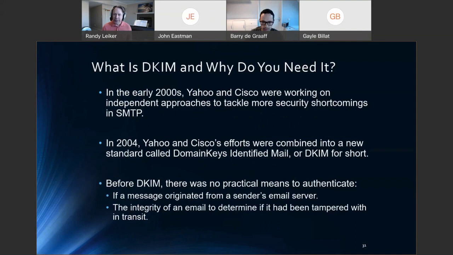So let's look at what DKIM is and why we need it. In the early 2000s, Yahoo and Cisco were working on independent approaches to tackle shortcomings in SMTP. In 2004, at about the same time frame as the SPF standard was first proposed by another early trailblazer, Yahoo and Cisco agreed to combine their efforts into a single standard called DomainKeys Identified Mail, better known as DKIM